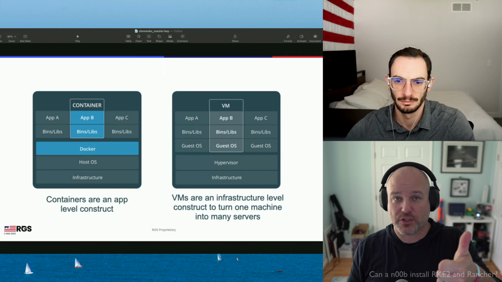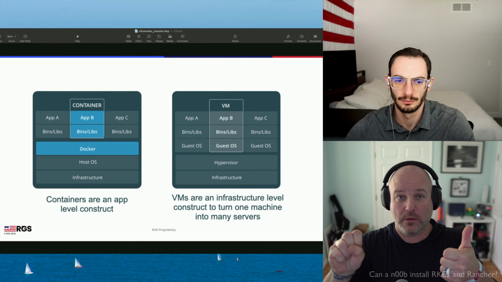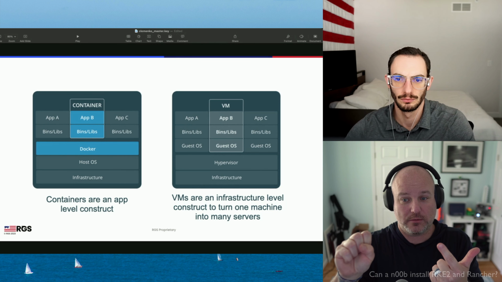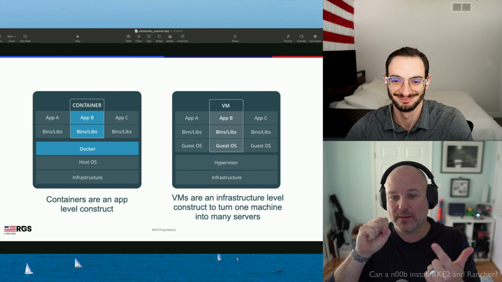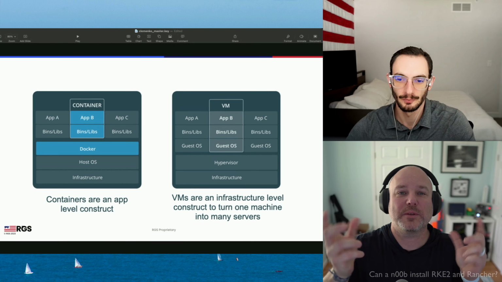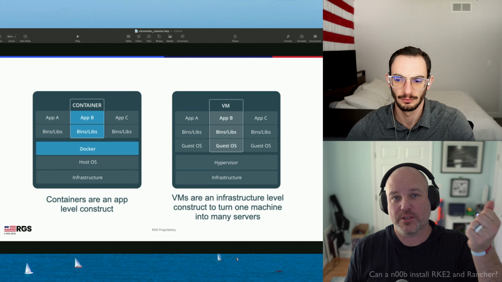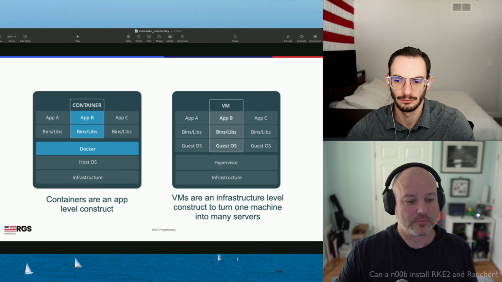Okay, so let's do some nomenclature. An image is the static version of that bit of code. A container is a running version of that code. This is on the quiz later. Okay. Let me give it some notes. Yeah. No, but when we start talking about Kubernetes and all these things, try and think about an image as static, a container as running. Pretty simple. Okay. Hopefully that helps.